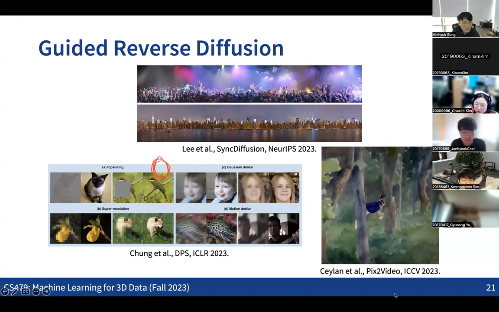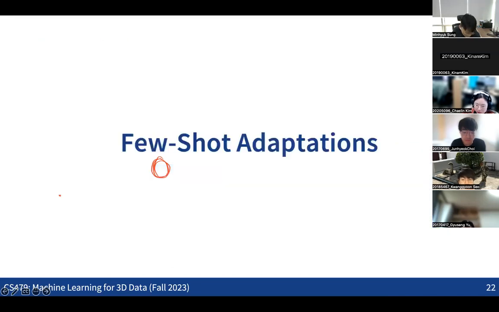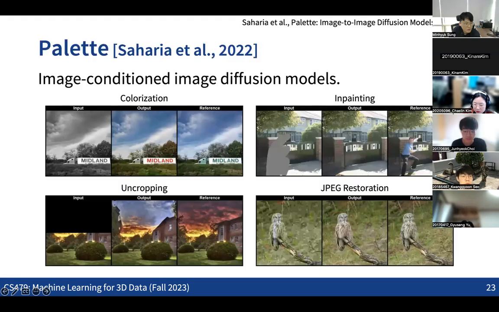And there are also some other cases, in terms of how we can even do few-shot adaptation. So how can we fine-tune a given unconditional diffusion model in a way that we can even improve the quality of the outputs for some conditional cases? Also, let's think about some conditional cases without the few-shot examples.